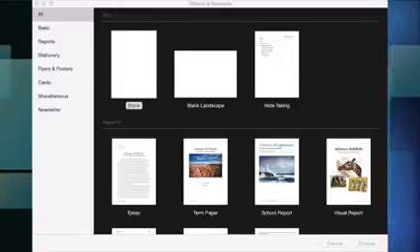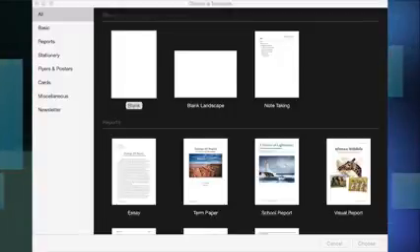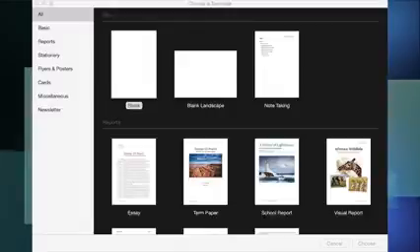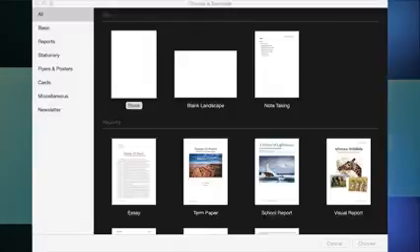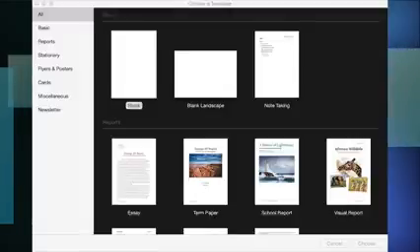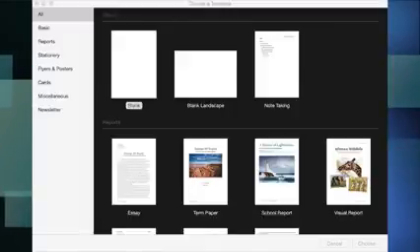Pages tutorial. This is a very basic Pages tutorial, getting to know Pages. It's pretty much like my Getting to Know Numbers tutorial. If you've not seen that, I'll put the link on the screen for you right now. So this is the Getting to Know Pages tutorial, and I've opened Pages, and I've gone either File or New